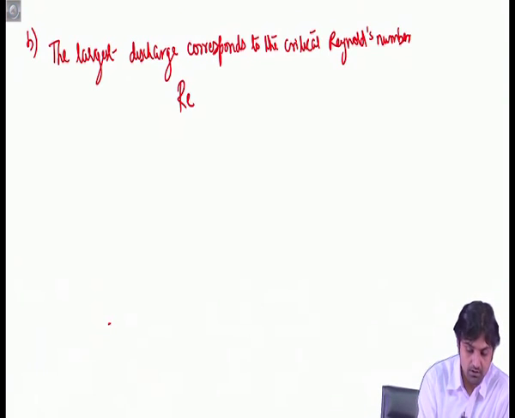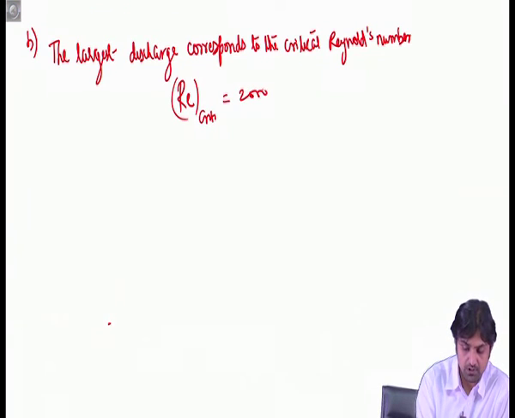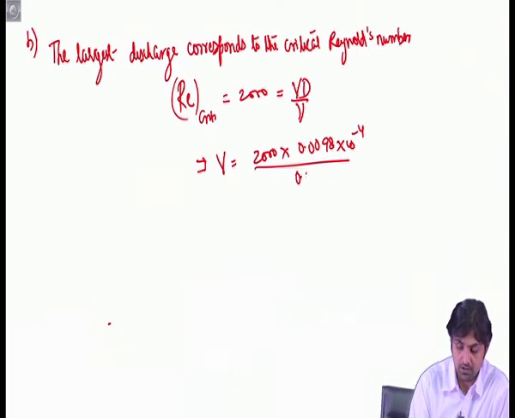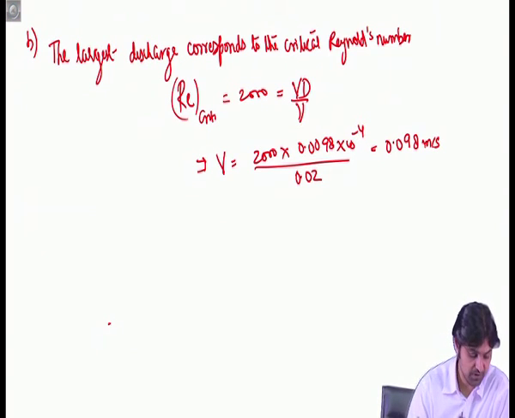Remember, Reynolds critical will be 2000, which is equal to Vd by nu, which will give us velocity as 2000 into nu, 0.0098 into 10 to the power minus 4, divided by the diameter 0.02, gives us 0.098 meters per second. Therefore, Q will be